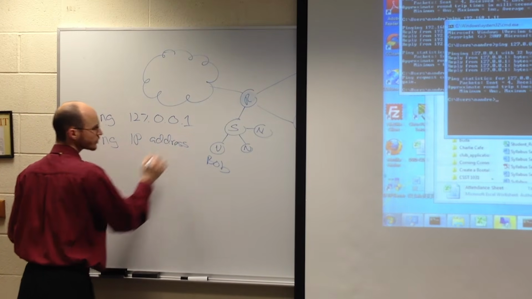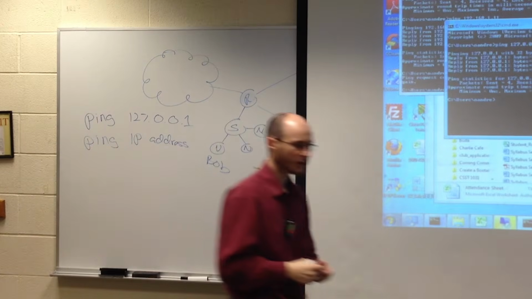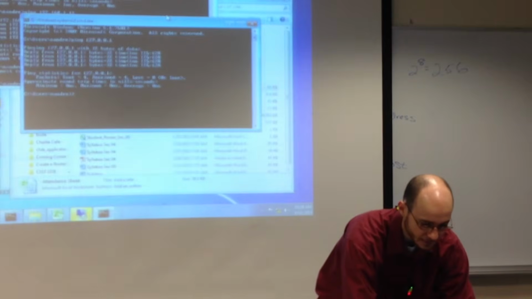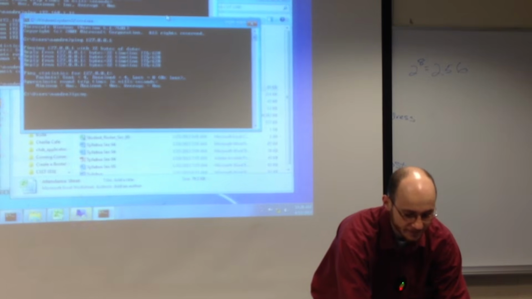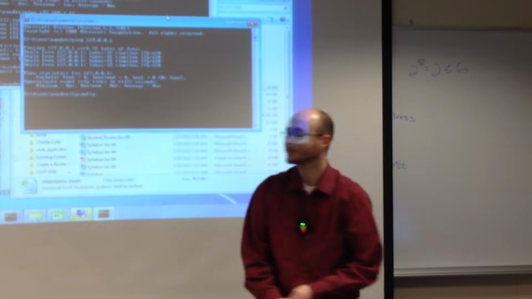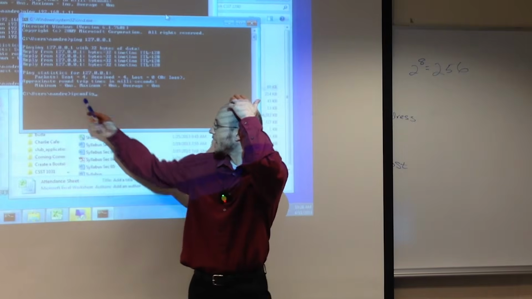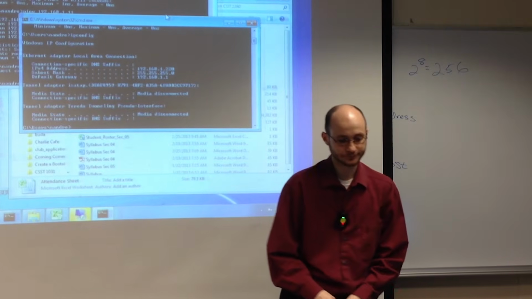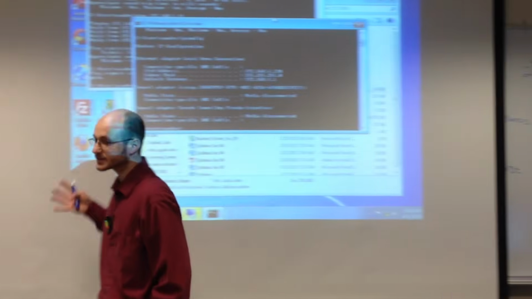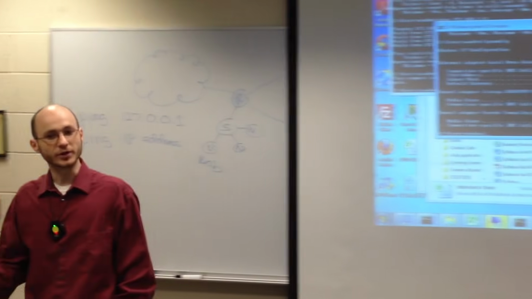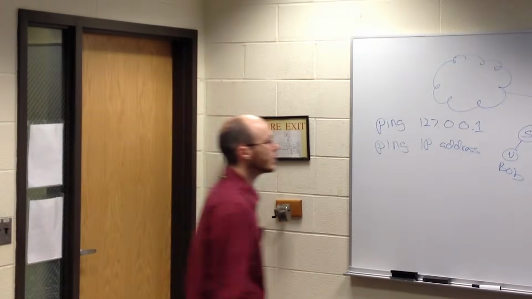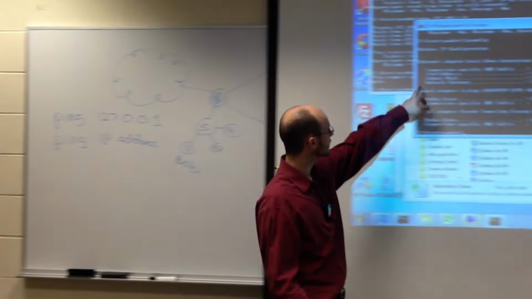How do you know what your IP address is? Well, we have a command. It's called ipconfig, conveniently. So all one word, type in ipconfig and hit enter. It's going to list all the interfaces on your computer that have an IP address. Do you see we have an IPv4 address of